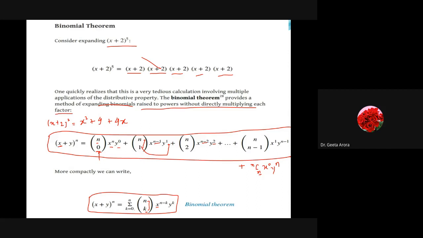Or if I put k as 0, 1, 2, 3 and so on, what will I get? It's 5C0 x^5 and y raised to power 0. Whenever we start, the first variable is raised to the maximum power, and when we end, here you can see when it is (x plus y) raised to n, we have x raised to power n and y is 0. If y is raised to 0 it means 1. So here we have the maximum power of the first variable, and the last term has the maximum power of y raised to power n, because x to the 0 is again going to give me the value 1. Correct? So try to write it down in your notebook.